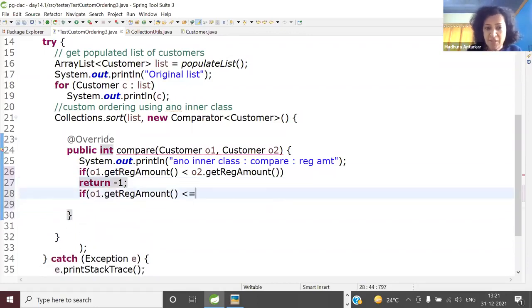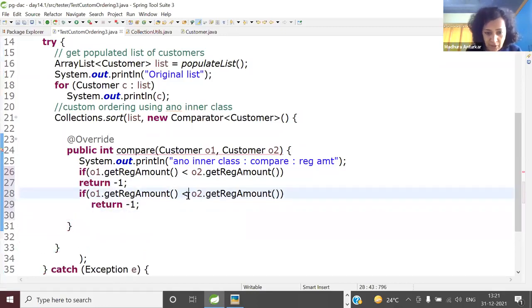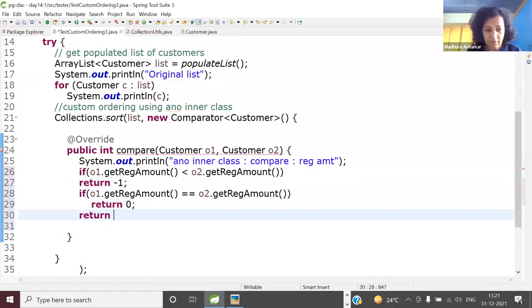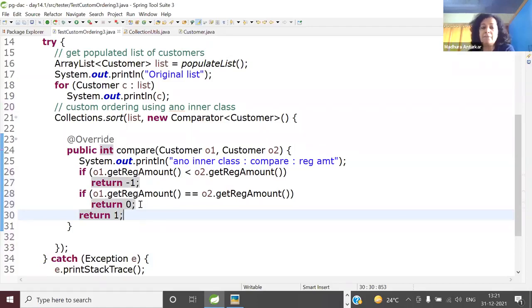If it is equal, what should I return? 0, and otherwise you should return 1. This is the comparison based upon primitive type. So these are the value types. If the first customer's registration amount is less than the second one, -1, same 0, otherwise +1.